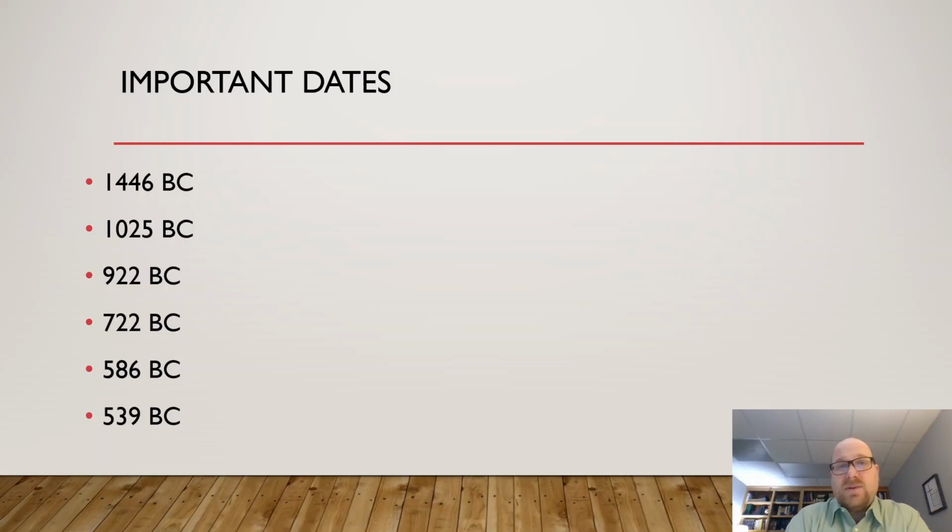Cyrus is actually referred to as God's Messiah in the book of Isaiah. Isaiah predicted that a king named Cyrus would come, and he's referred to as God's anointed, or his Mashiach. There's two people that receive this title in the Old Testament. One is David, the other is Cyrus. Of course, Christ is prophesied as Messiah, but his name isn't explicitly given in the Old Testament.